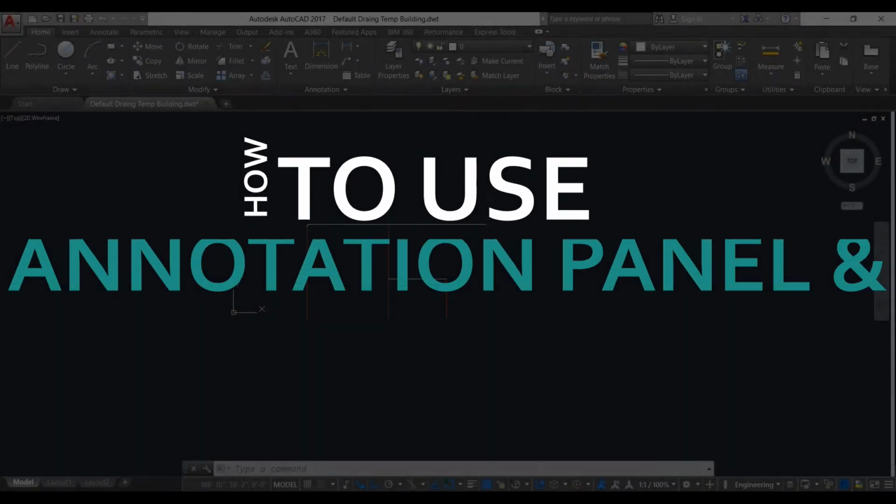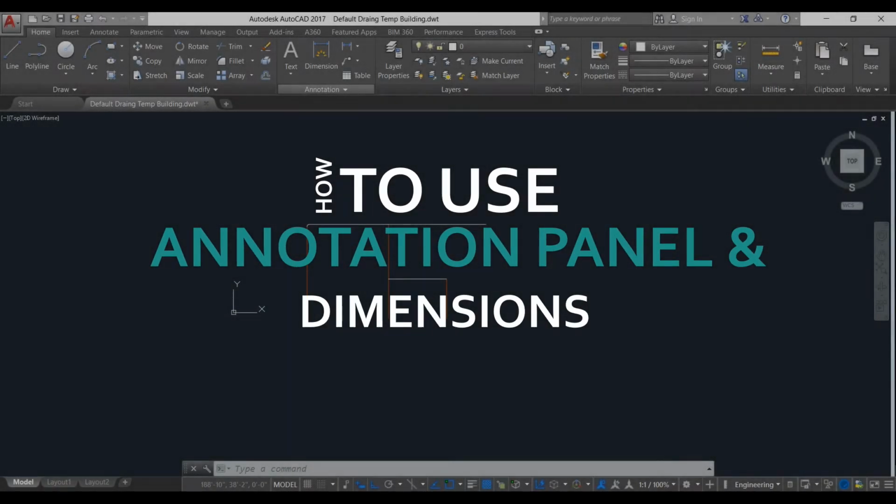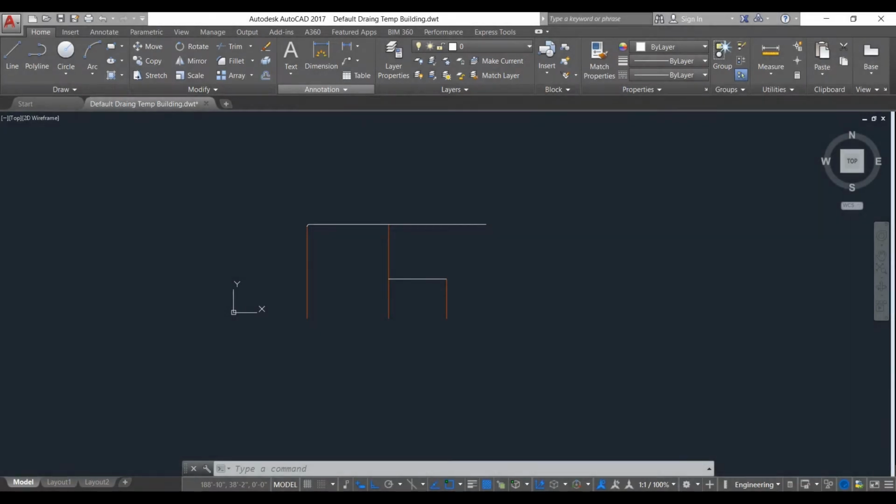Now we will learn how to use this annotation panel. In the annotation panel, we will use the dimension command, text command, leader, etc. So if you want to give dimension to these objects, first select dimension,